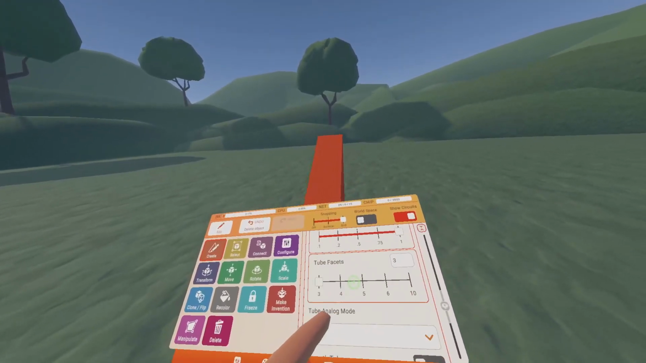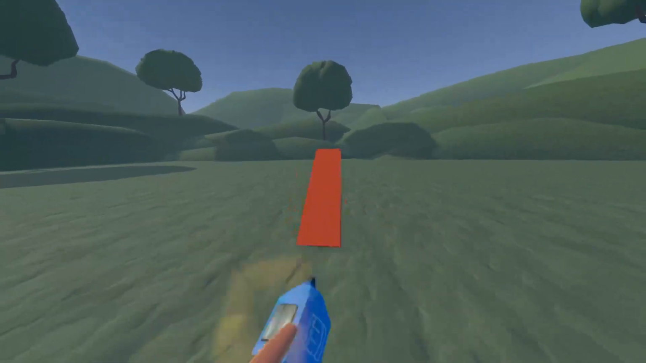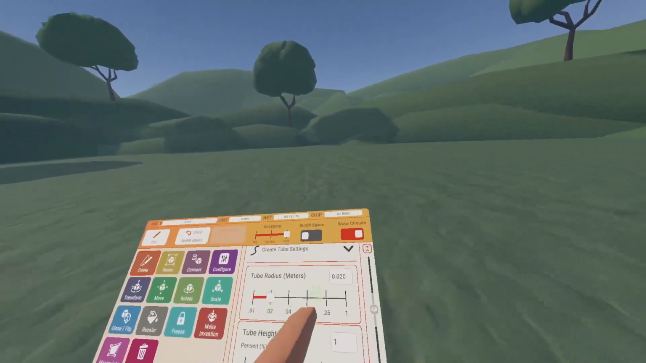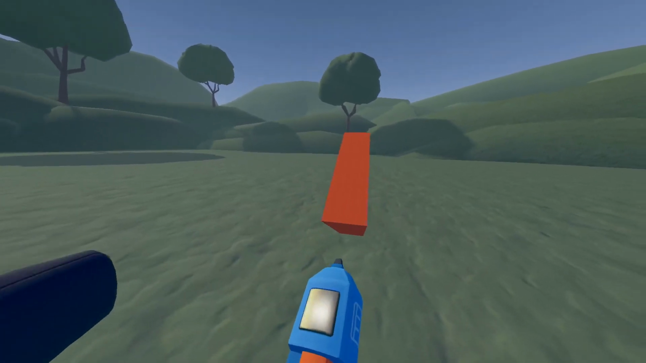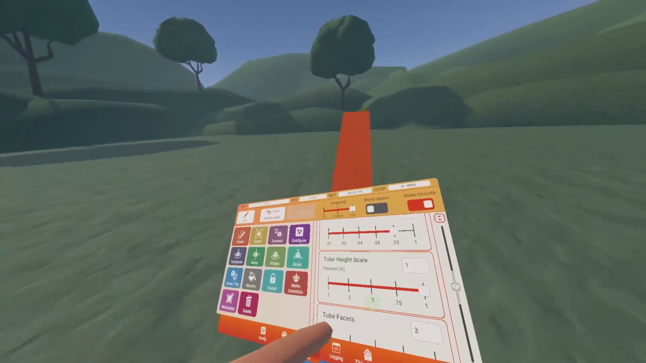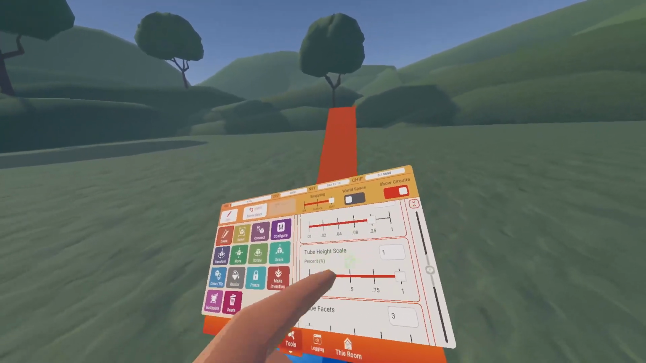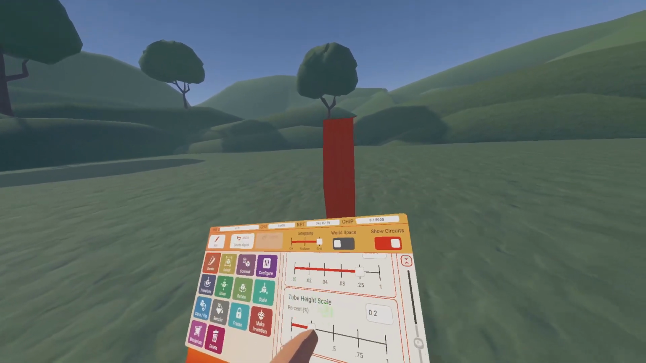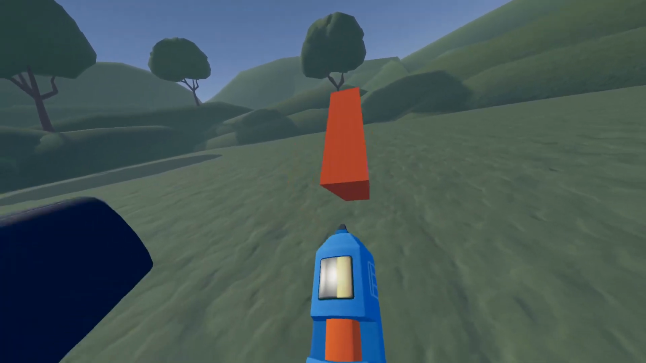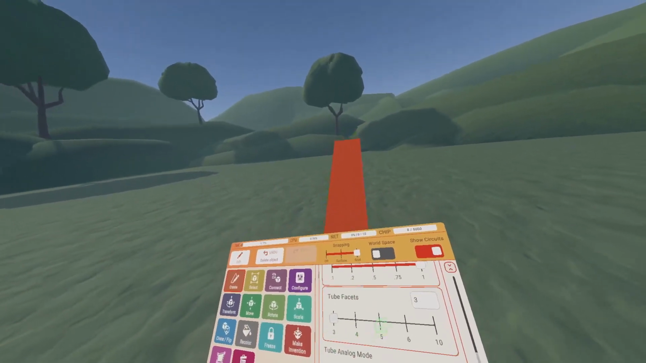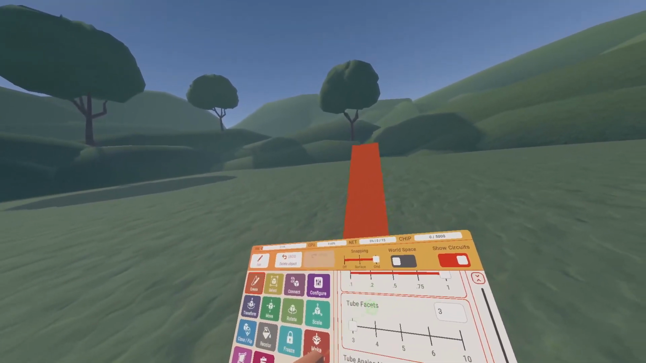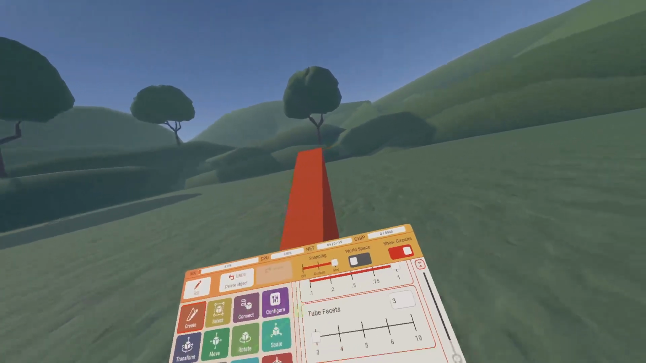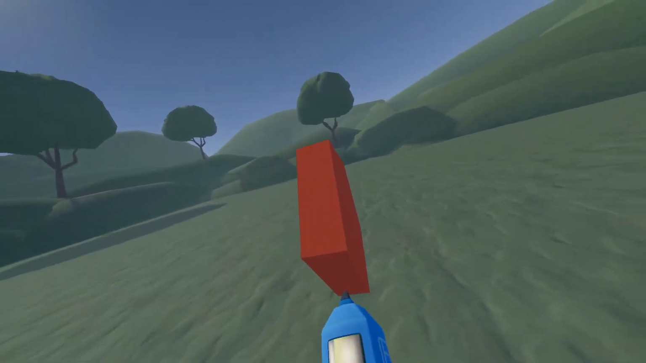This is where you can choose all the tube settings you want, like the radius, which determines how big it is. So as you see 0.02 is very small. 0.25 is pretty big. The height scale is how thin or thick you want it to be. So 0.5, as you see, it is thin. And if I go up, it is thick again. The facets are how many sides you want on it. So right now, I have 3 facets, so that's 3 sides. If I change it to 5, it's 5 sides. If I change it to 10,